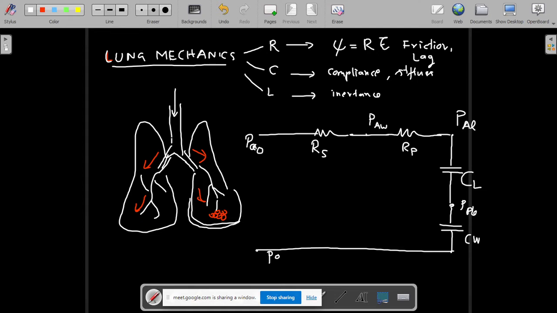Apart from this, if there is any obstruction in this path, naturally there will be some resistance effect as well as a capacitance effect. That capacitance effect I am putting as a parallel one, CS. When the patient is normal, this CS effect is very minimal and will not come into the picture at all. But whenever there is some obstruction in this path, then CS becomes significant. Now this is the simple circuit we have made.